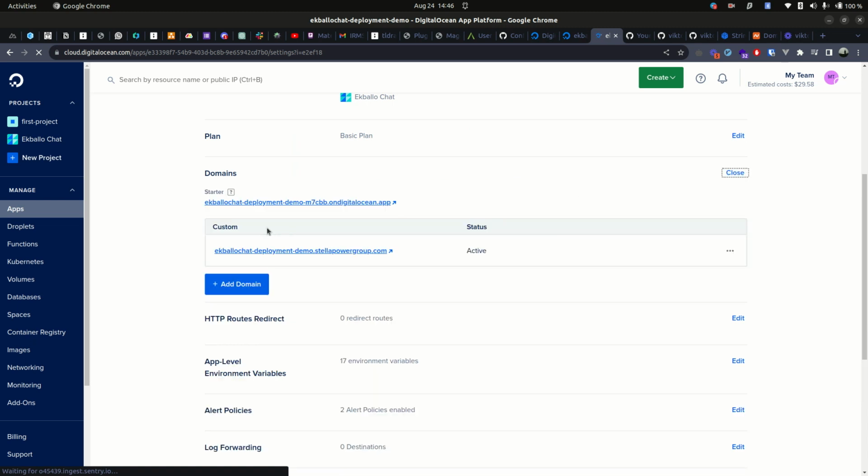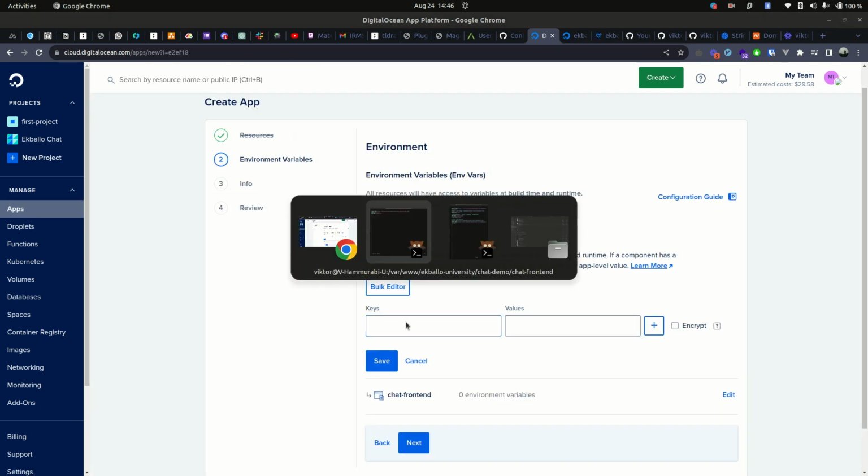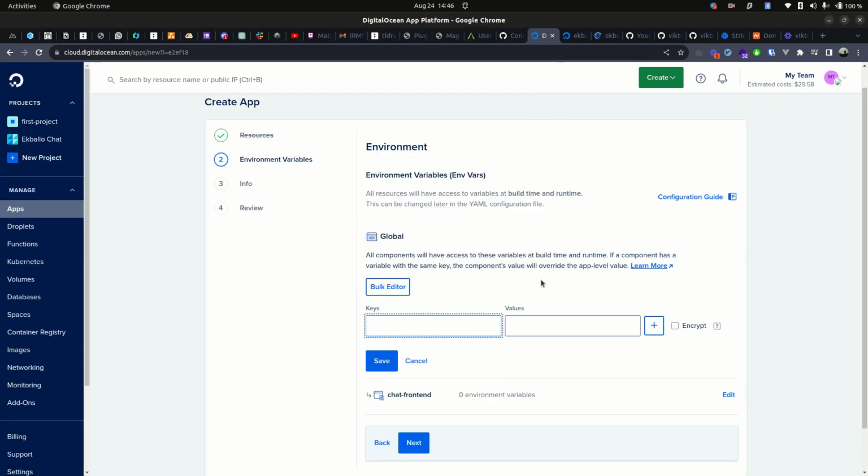So we can either use this or this. Personally, I would prefer this. I'll copy the link address, put it as a public URL,